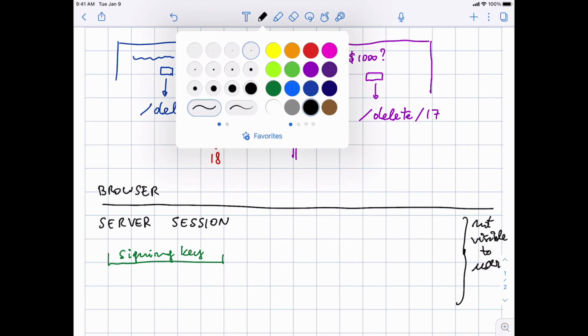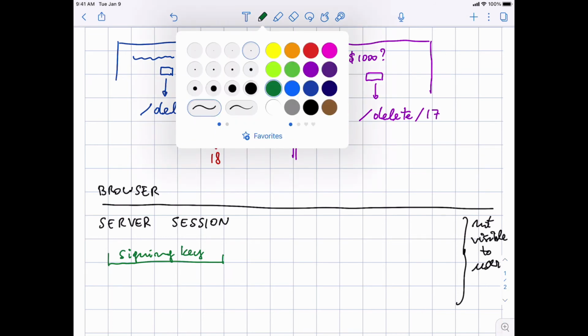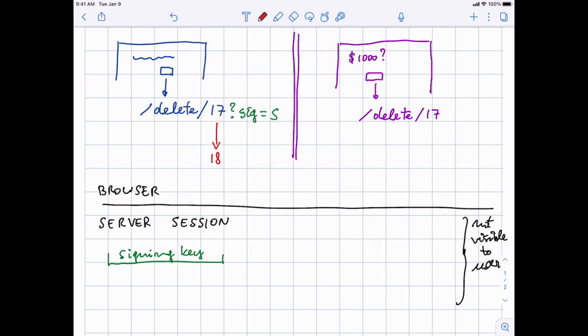So what happens then when you ask this URL delete 17 to be signed? Well, what happens is that there will be a question mark and a signature, which is equal to a signature S. I simply write S for the signature, but this will be in fact a long string, right, that contains the signature. So this prevents both attacks, because the user can no longer edit 17 into 18 and generate a valid signature. Okay, the signature verification will fail,